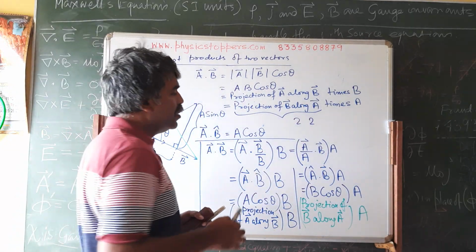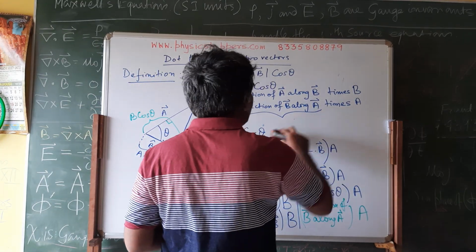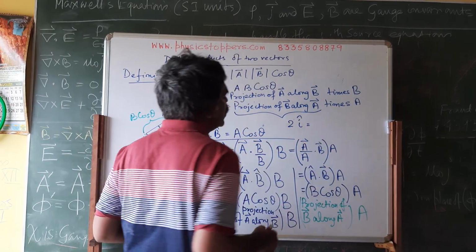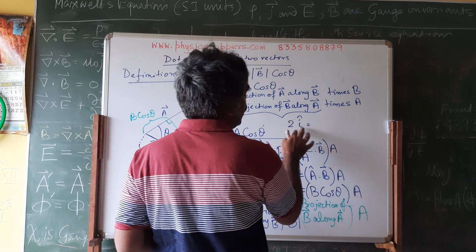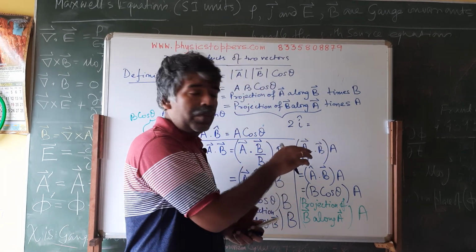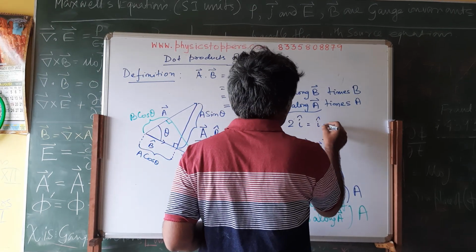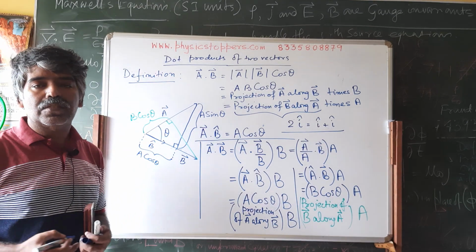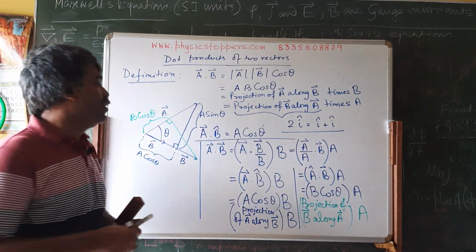So we read it like this because we are on the same footing of vectors as well. Suppose 2 I cap, what is this? It is I cap times 2. There is no operation between 2 and I cap, it just sits side by side. This is basically I cap plus I cap, so it's twice of I cap. You check my unit vector video, you will understand this.